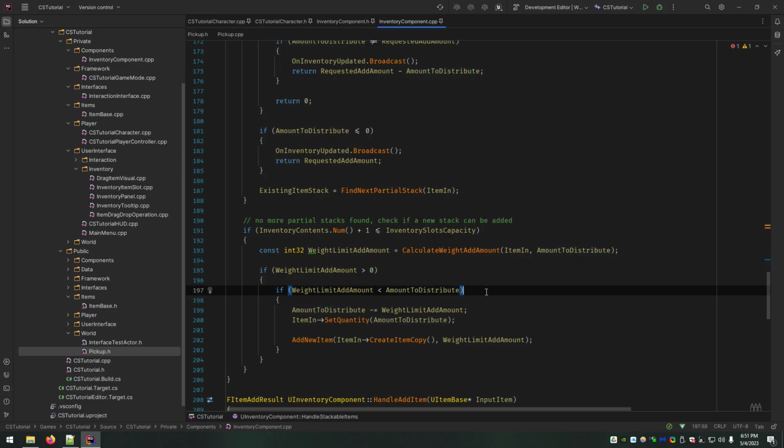So there's still going to be some, say it's a pickup on the ground, still on the ground. If I add new item and just call item in, I now have a place in memory that refers to that pickup on the ground and an item in my inventory at the same time. And that's bad. That's bad juju.